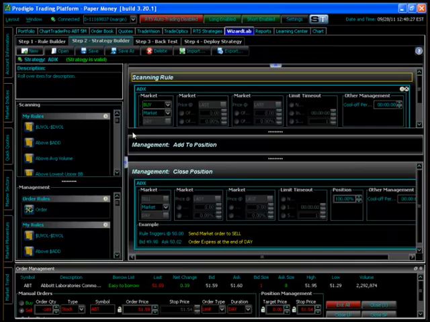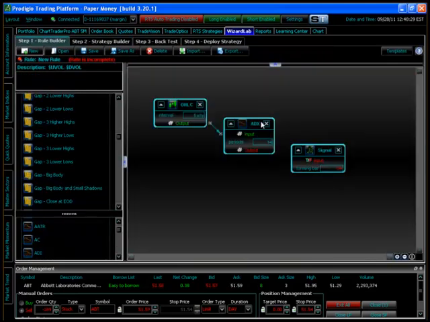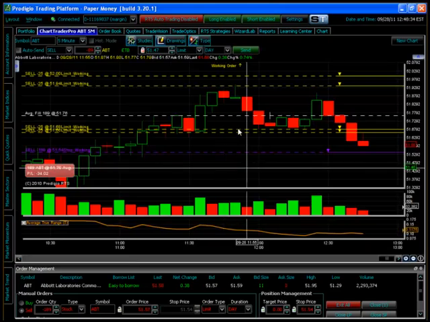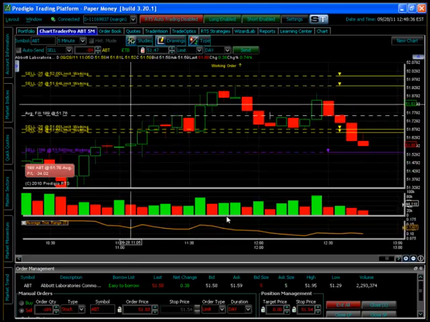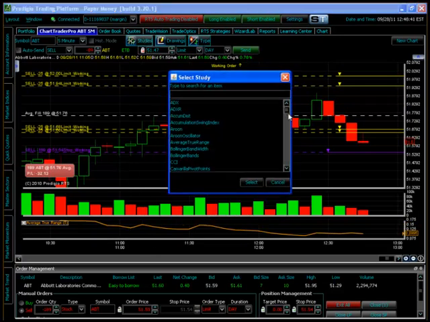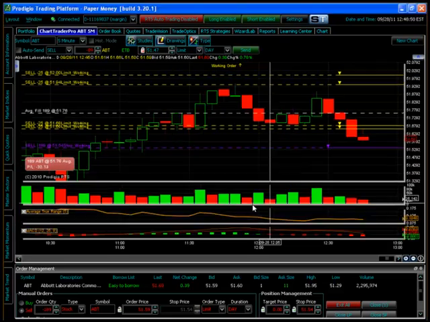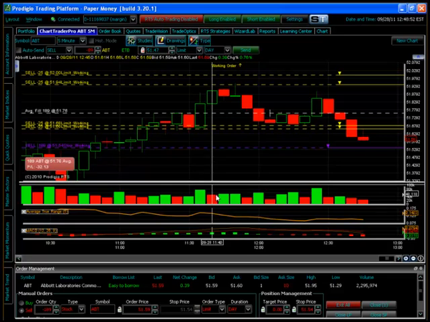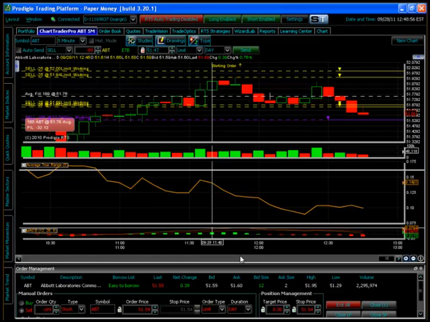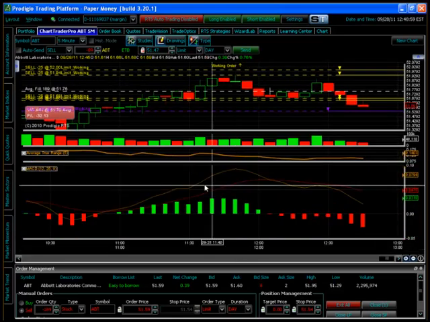Everything that you see inside of Wizard Lab, including the way that you work with drag and drop and including technical analysis, is planned to be tied right into the Chart Trader Pro with respect to the studies. Right now, what you can do is add studies, just like you can on TOS. You can go in and say, okay, I want to see MACD. So you have to go in and select MACD. We find that to be a little bit cumbersome, and we think we can make that easier, right? So for example,